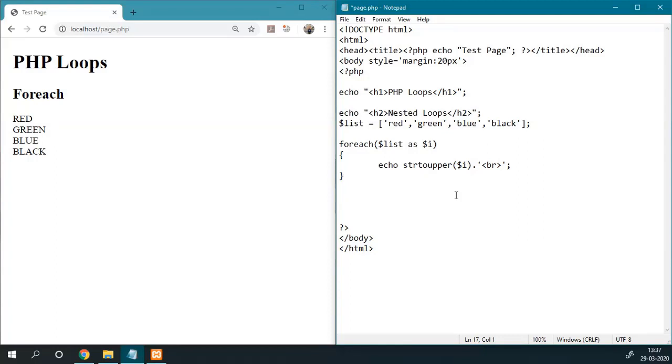So let's see if we toss two coins, how many combinations we can make. So we will make an array of coins, H for head and T for tail, and then we will make a foreach loop as coin